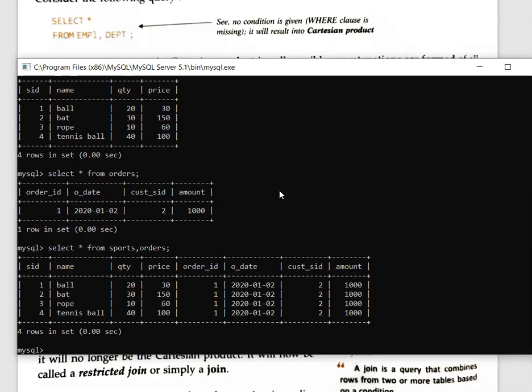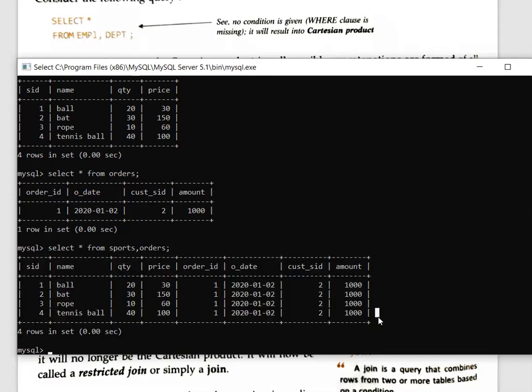Columns are added, and when we talk about rows, rows are multiplied. Multiplied means you count over here 4 rows and over here 1 row. So 4 into 1, so 4 rows are there. The very first thing you have to understand is that this type of joining is called a Cartesian product, where we simply use the table names without any condition. But we don't actually use this type of joining, because this is not a proper type of join.